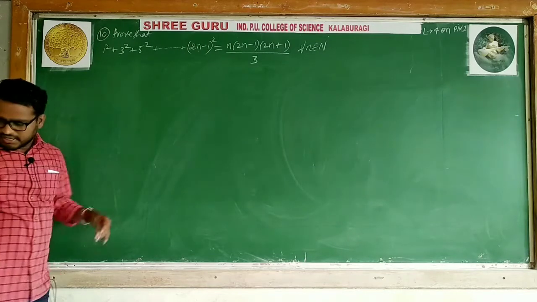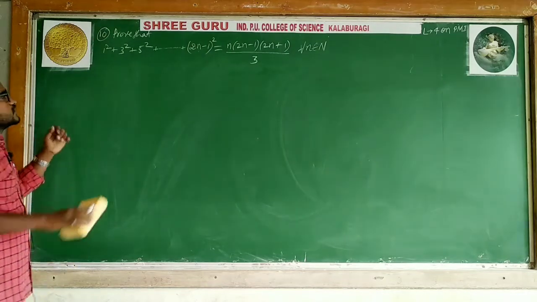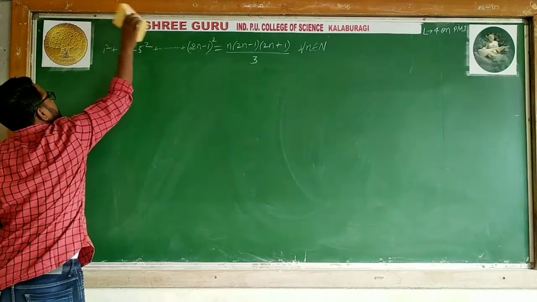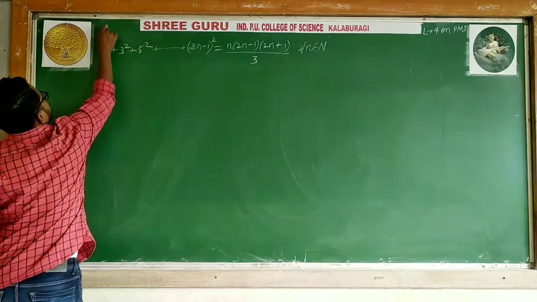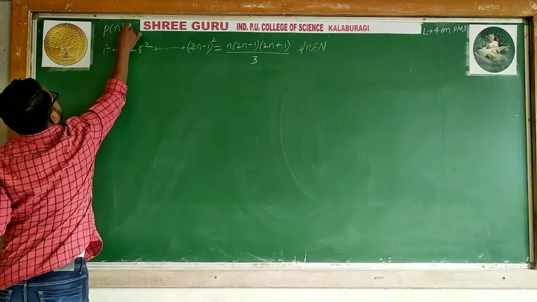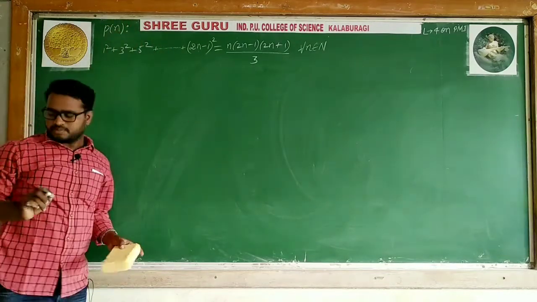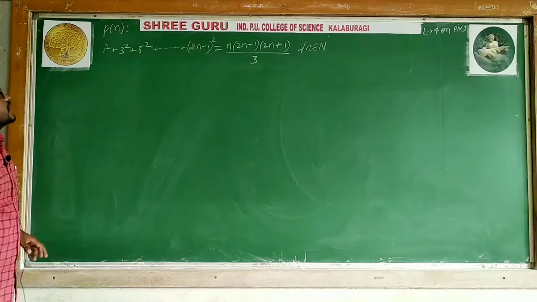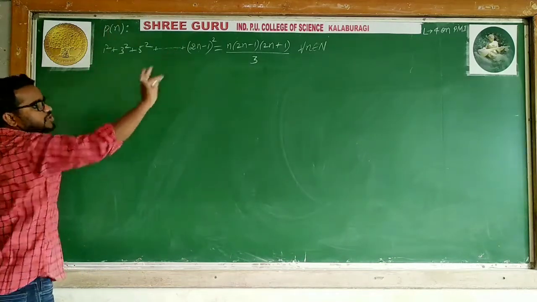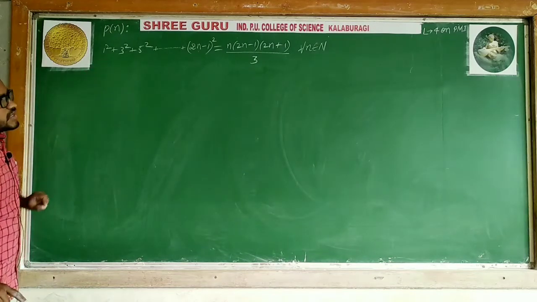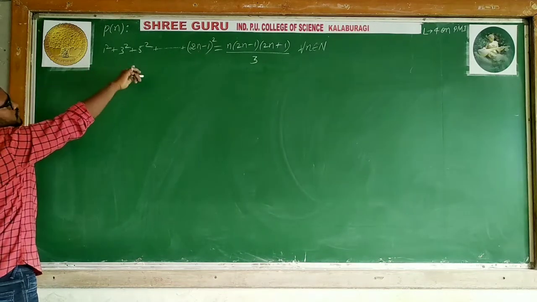What is P of n? I will write it down itself, so write down this question. Let P of n be the given statement. What is P of n here? P of n is this. You have to write it down. Take pen and notebook, you have to write this. Let P of n be the given statement. Write with me. Now, 1 square, 3 square, and so on.